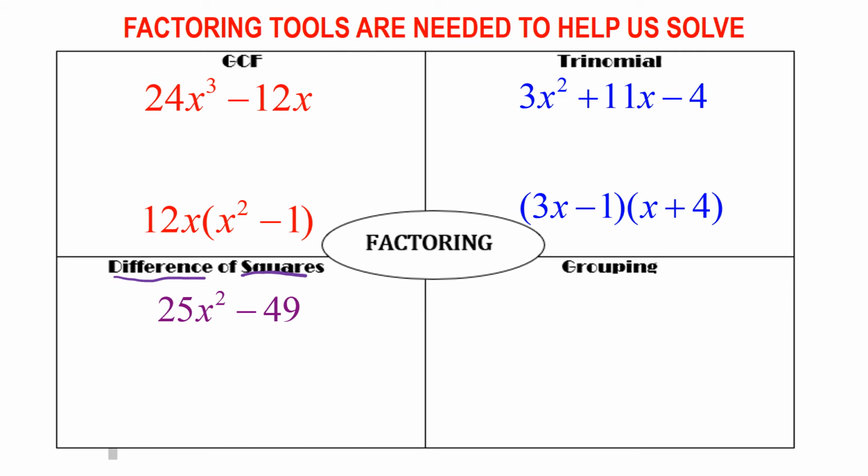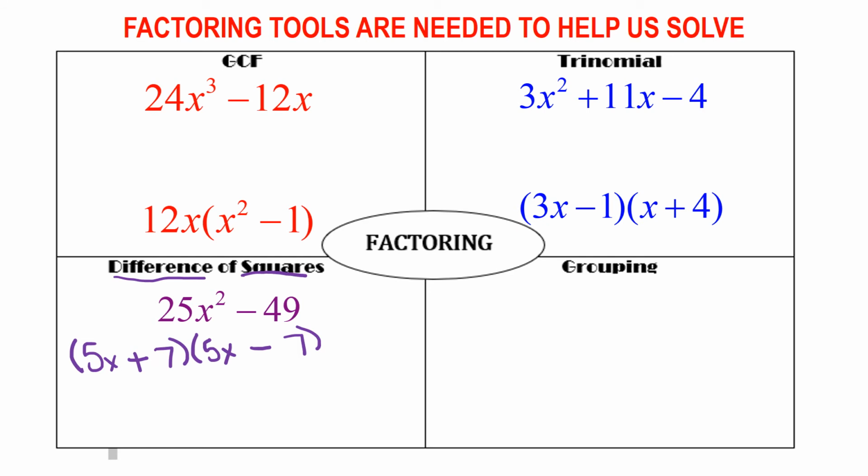So difference of squares is when we set up two sets of parentheses and we take the square root of 25x squared, which is 5x and 5x, and then the square root of 49 is my last term in both sets of parentheses, so the square root of 49 is 7. And now we have to have one of each sign, because what happens with this guy,